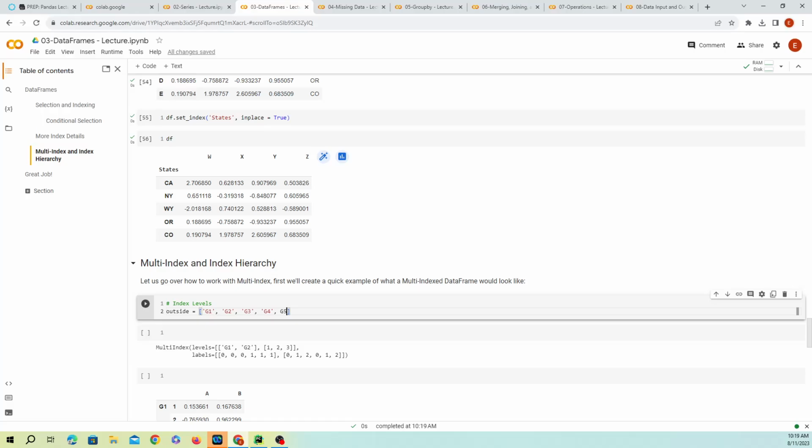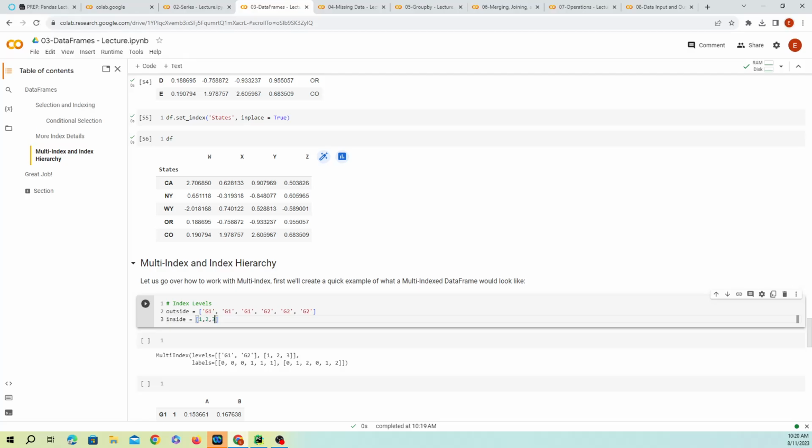Sorry, I was trying to do something different. G2. Inside, we're going to have 1, 2, 3, 1, 2, 3, and then we're going to have higher index equal to the list